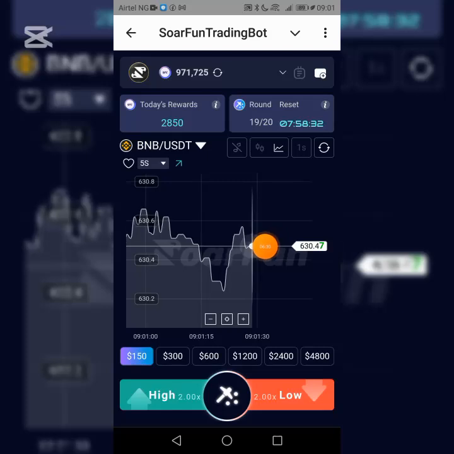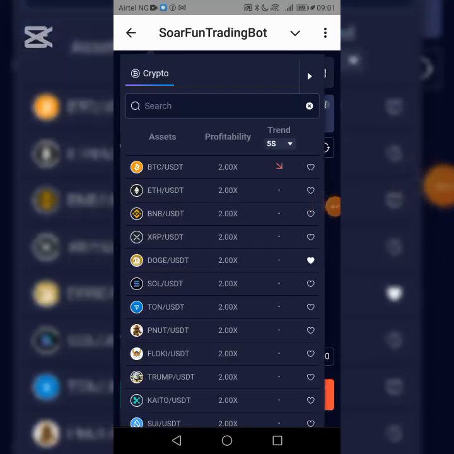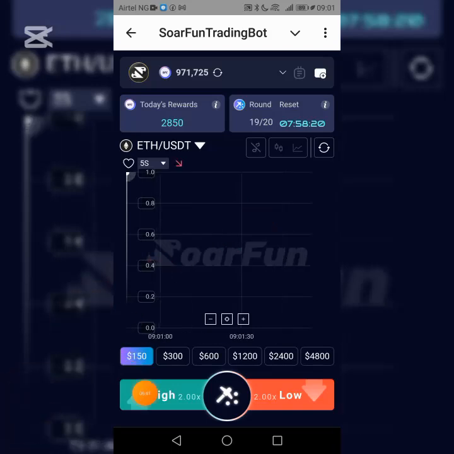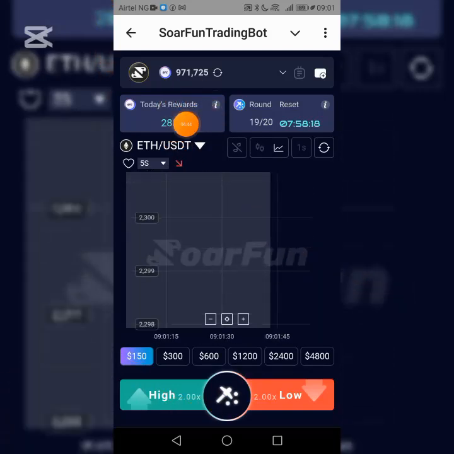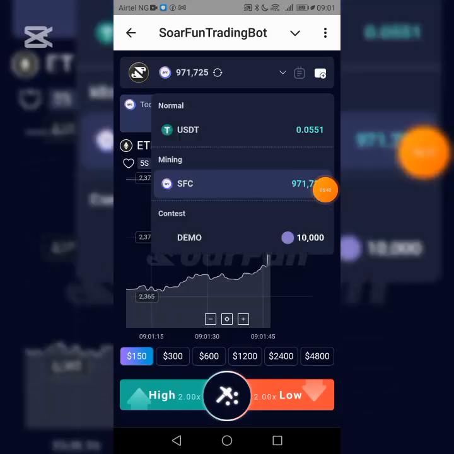So you can choose any of the trade you want, either BNB or Ethereum, anyone. But for me, I like using BNB to trade on these projects. Remember, it's not real trading, just for you to accumulate all their tokens. But you are also a trader, so you can also come in and change the trading here, which is to USD,